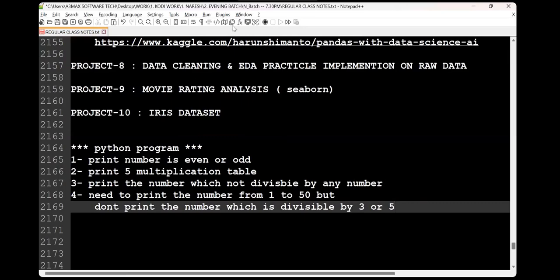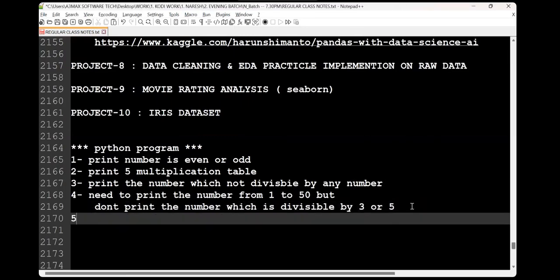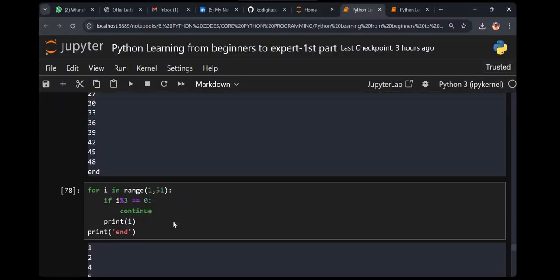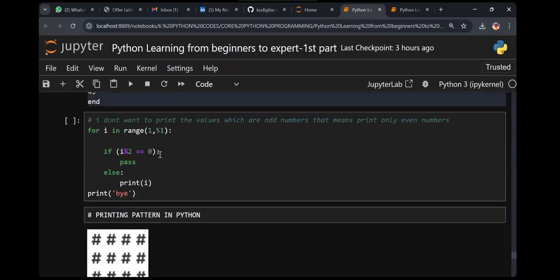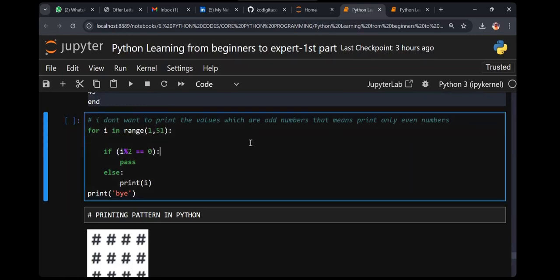Next, I'll tell you all the Fibonacci sequences, all those things. Next, go to the fifth. Okay, just go down. I'll tell you the patterns as well. Now let's try. I don't want to print the values which are odd numbers. That means print only even numbers between 1 to 51 range.